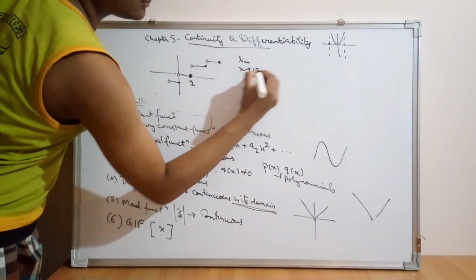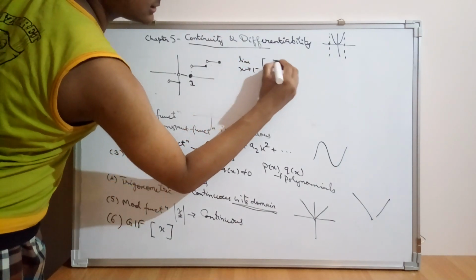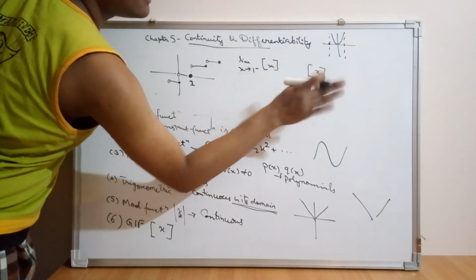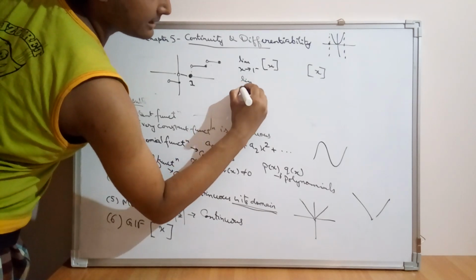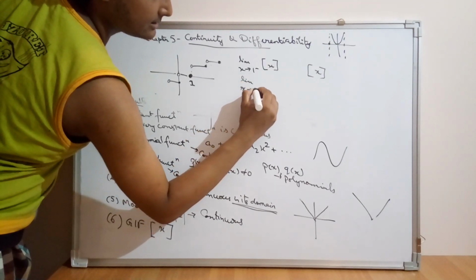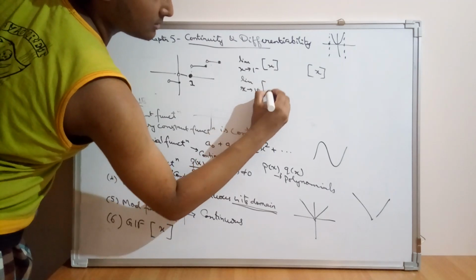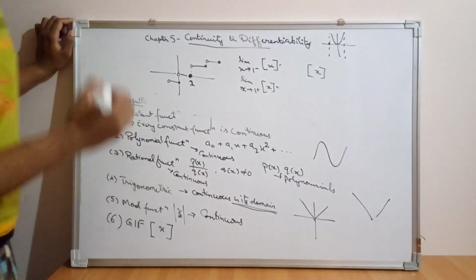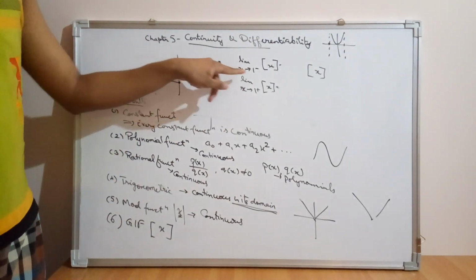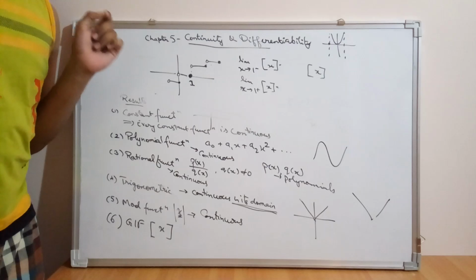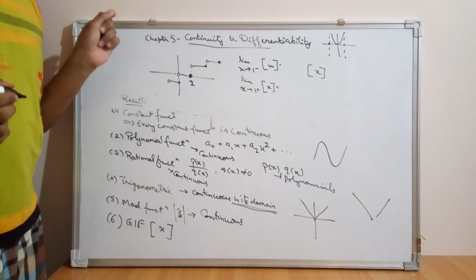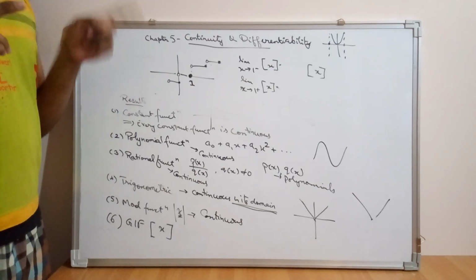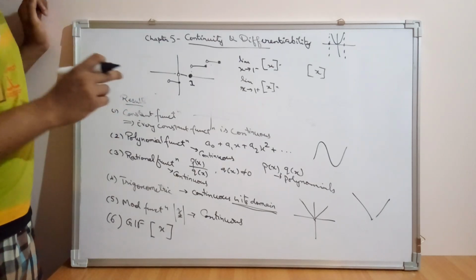Limit of x tending to 1 minus of the greatest integer function x. Okay, then you have the function itself, that we leave that. Now we'll think about the right hand side, that is x tending to 1 plus greatest integer less than or equal to x. Okay, this much we got. So it is 1 minus here. That means it is a number which is very near to 1, but it is less than 1. Okay, in such a case, the number that is less than or equal to that thing is going to be,